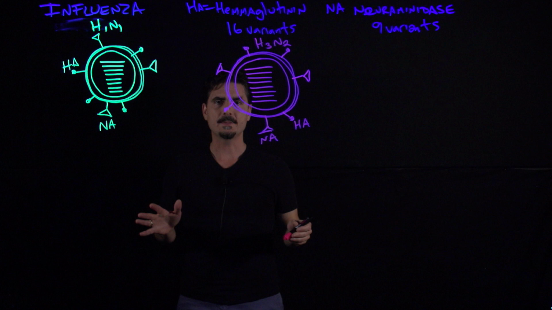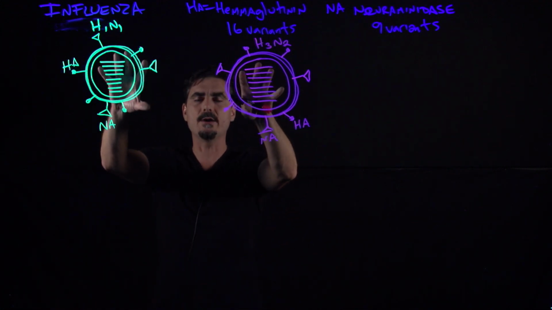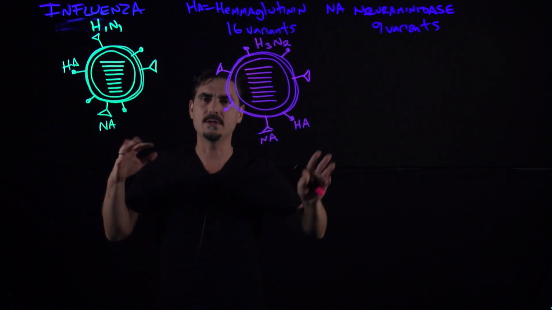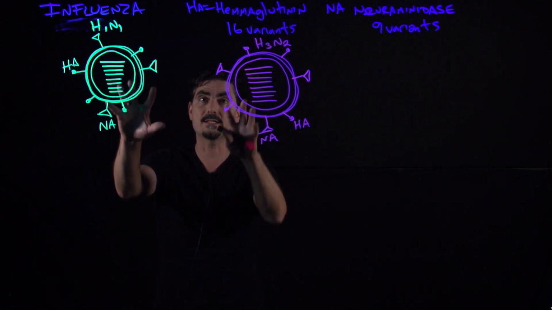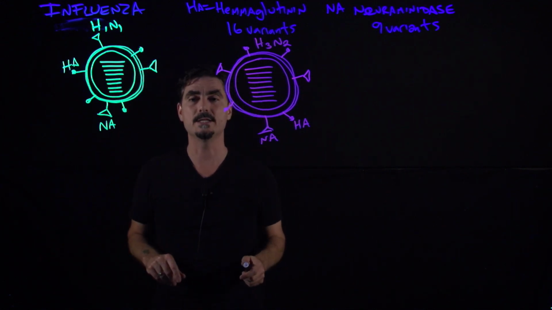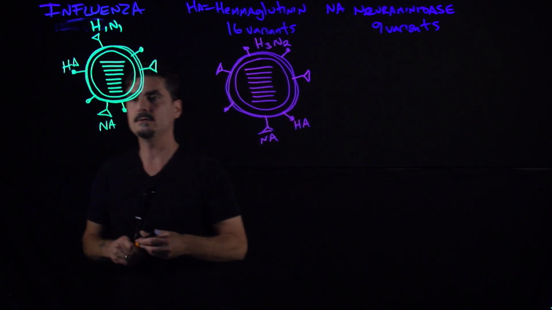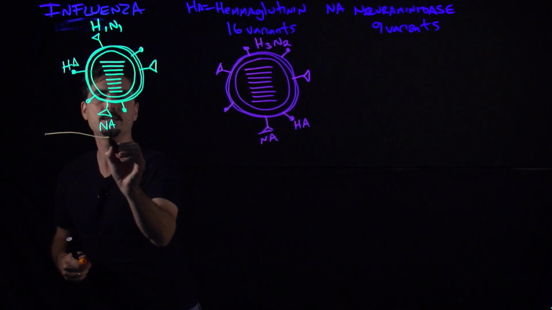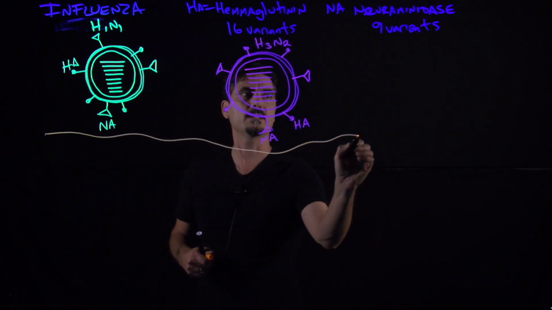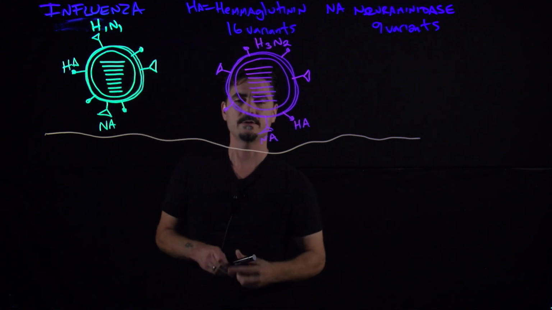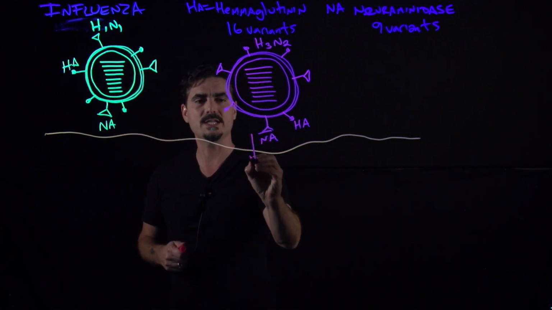Okay, so antigenic shift is when 2 or more viruses infect the same cell and out pops a mixture of both of them, as well as out pop, some of them can be the same exact ones. So remember, when we're talking about a cell, and what I'm drawing right now is the barrier for a particular cell, okay? So if each one of these viruses goes into the cell,